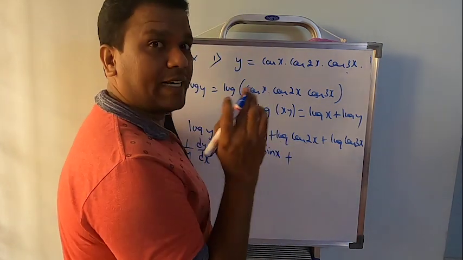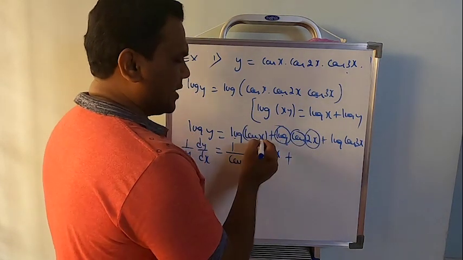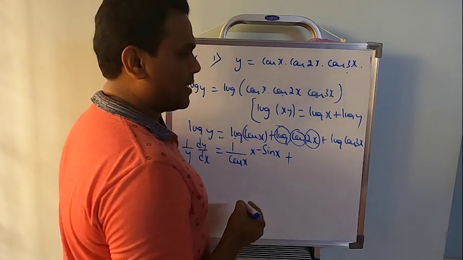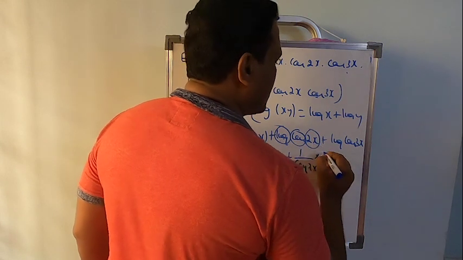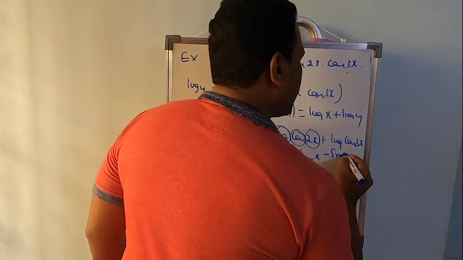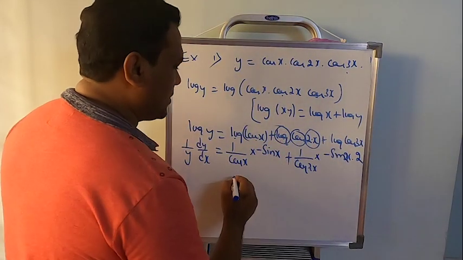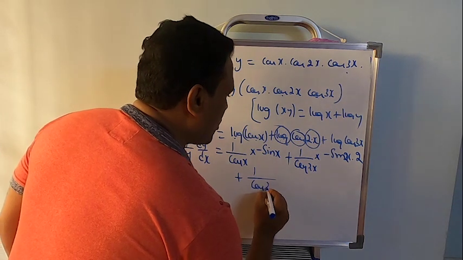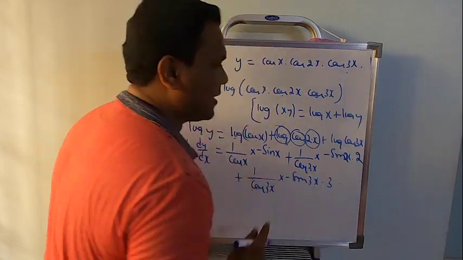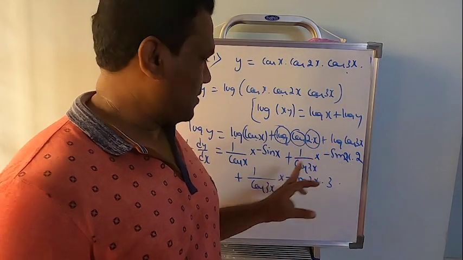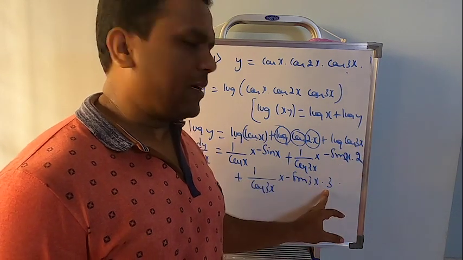Same thing once again. Now there are three we have to remove. First for log, then for cos, then for 2x. Here it was x, so it was just only 2 times. That's it. Here 3. So 1 by cos 2x multiplied by differentiation of cos will be minus sin 2x, multiplied by differentiation of 2x will be 2. Similarly, the last one plus 1 by cos 3x multiplied by minus sin 3x multiplied by 3. Differentiation of log 1 by x. So 1 by cos 3x. Differentiation of cos minus sin, and differentiation of 3x will be 3.